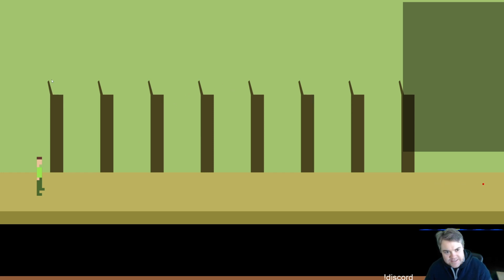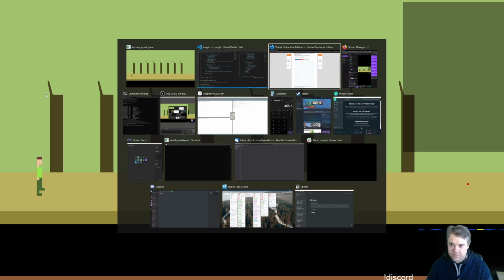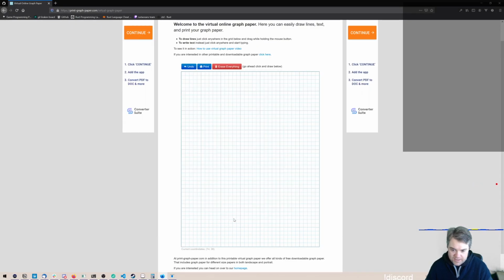So I want these to be a little bit farther to the left. But besides that, I think where this is coming from is not bad at all. Okay, so now if we go to this graph paper, I could draw, oh, apparently I can't undo, erase